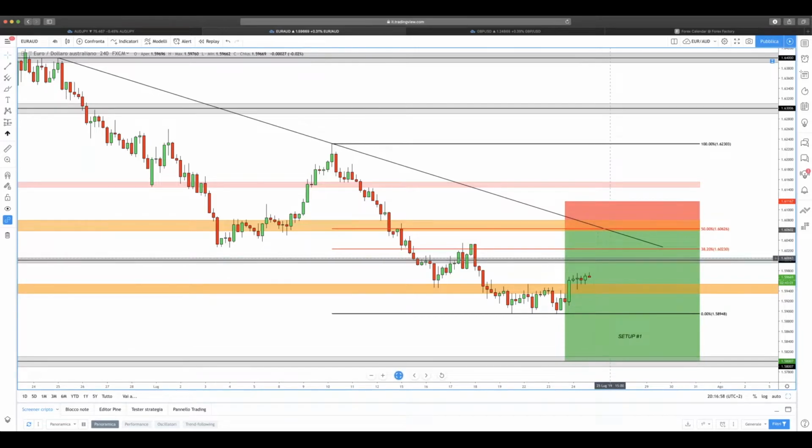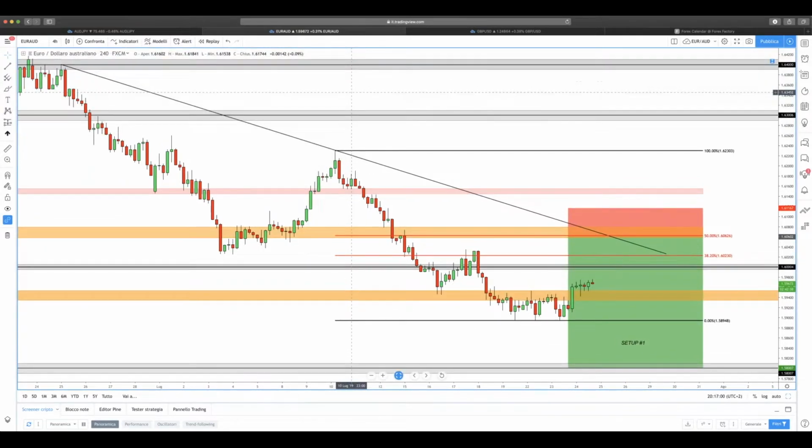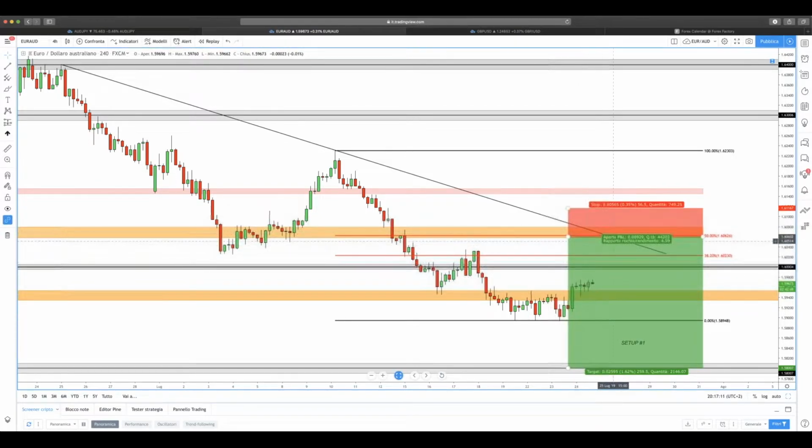But obviously, we have to look carefully at the main direction of the price, which is in a very strong bearish movement. So if the price breaks this level, I will look carefully at the price action around this area where we have this Fibonacci retracement and this slowdown area, because I personally prefer the bearish scenario on Euro Australian dollar,